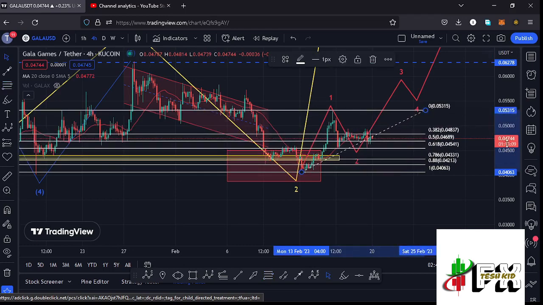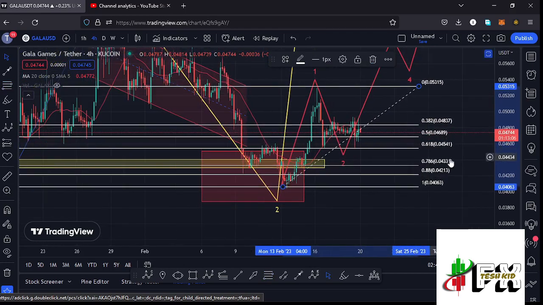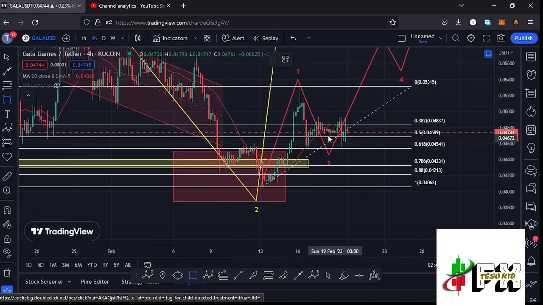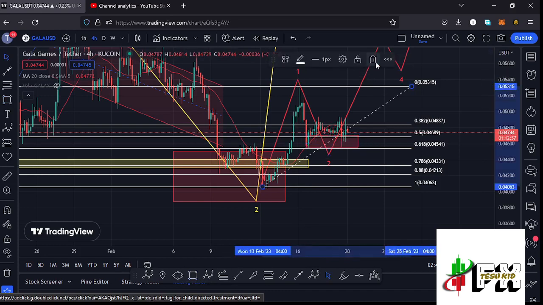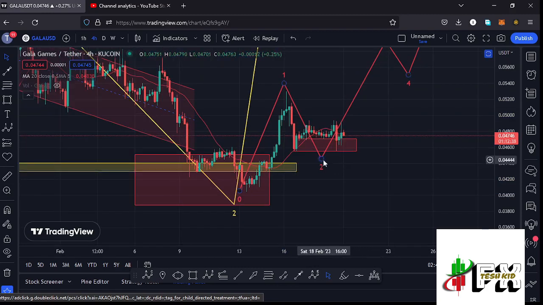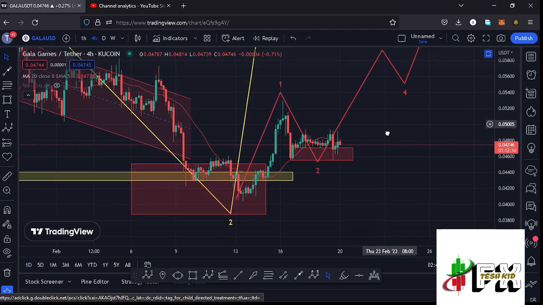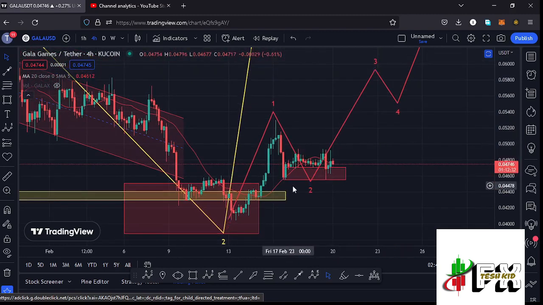That gives me a minimum retracement area in the formation of that wave 2 between the fib level 0.5 and the fib level 0.618, which is a target area that I can mark over here using that red target area, which is a target area that we have now fully maximized. And that means we have now fully maximized our target areas to the lower side in the formation of that wave 2, and soon I'm expecting the start of a massive bounce to the upside in the formation of this